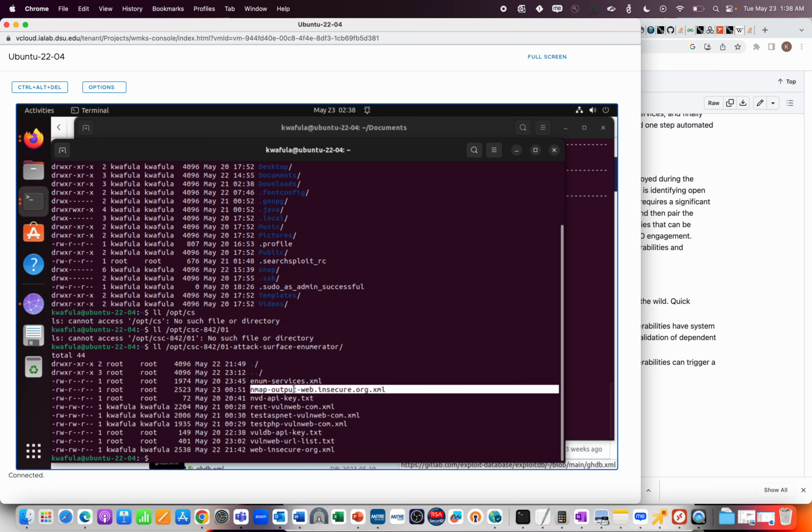You can see this one has been named Nmap output web.insecure.org. So it will append a domain name here, but the prefix will be Nmap output, then the domain name, and then XML. Instead of just printing to the screen, the searchsploit, which is part of Exploit DB, will come and automatically